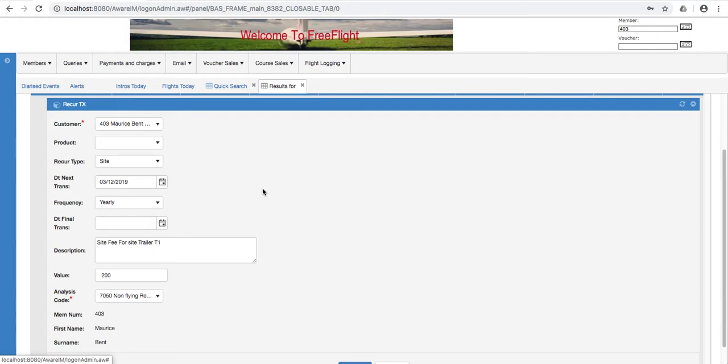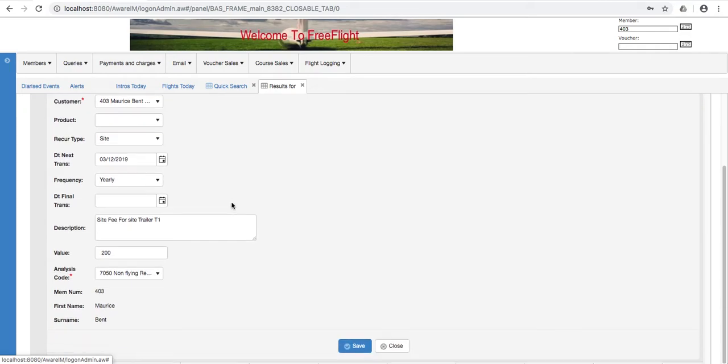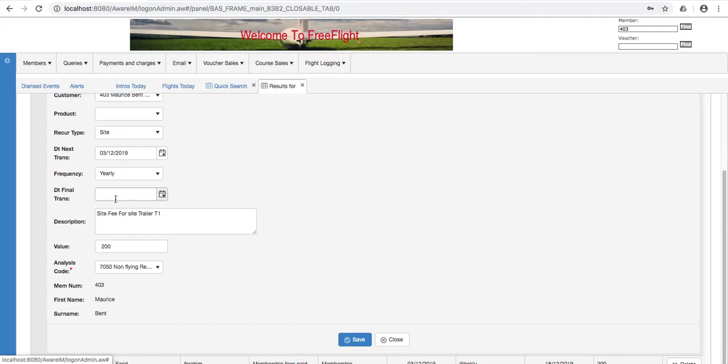system to trigger at 23:30, which is why I'm being quick, because it's 23:29 now, and it's an annual frequency, so it will trigger at the same time next year, and you don't have to worry about it. There's no date of final transaction, so it will go on and on and on until such time as you cancel and delete the recurring transaction. And that's the text for it there, site fee for site trailer T1, and the value is £200, and it's going to be analysed and put into, in this case, non-flying revenue. In your case, it could be a specific code for the trailers, and